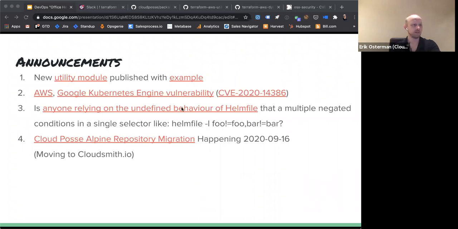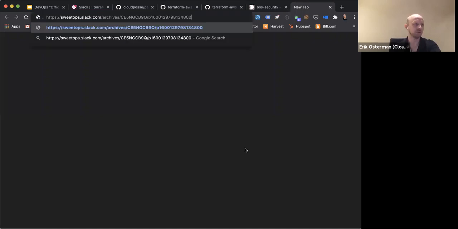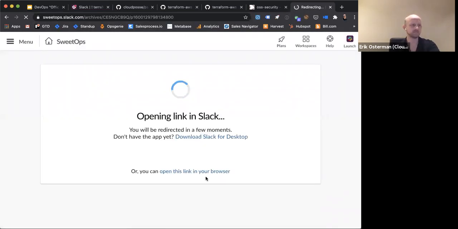So the next announcement was just calling out something for Mumoshu. If you're a Helmfile user, there's a behavior of selectors that is probably going to change. And he was just soliciting some feedback if anybody is dependent on the current behavior, because as it stands, it's a little bit inconsistent.